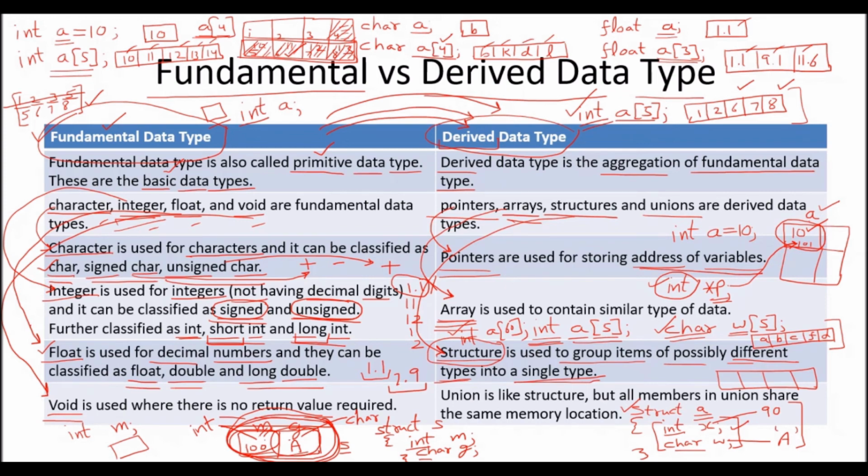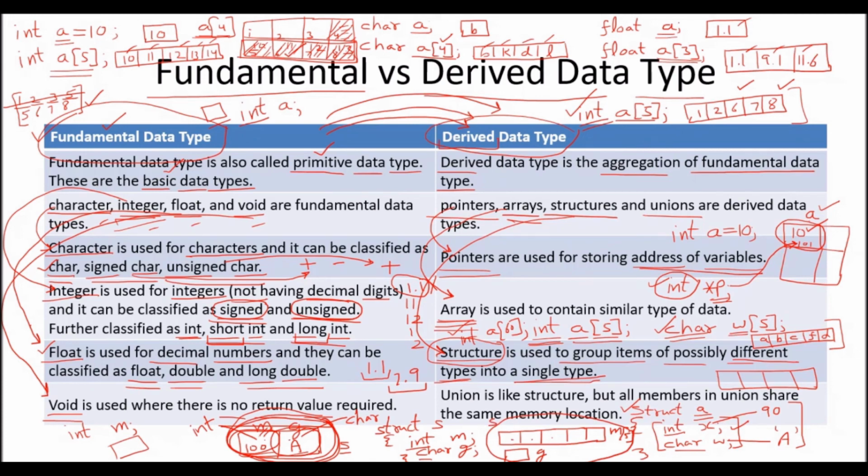Let us suppose I want that the 5 subject marks of the student will be stored. So there will be 5 blocks for the marks 1, 2, 3, 4 and 5, where the 5 marks will be stored. Okay, and I want that the grade will be stored. This complete thing I want to make a structure. In that case, what I will say is int m5, and I will say char G, stored into a structure S. That is also possible.